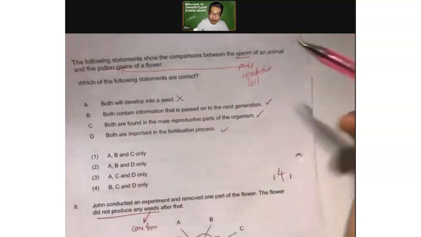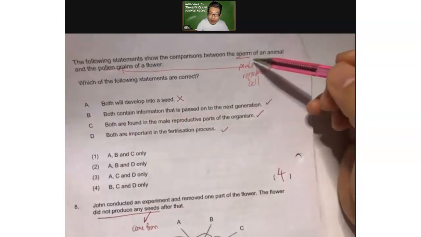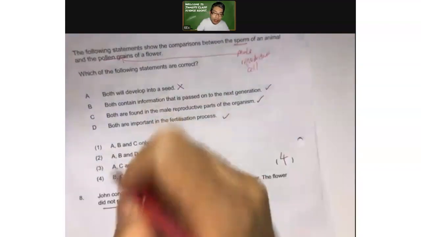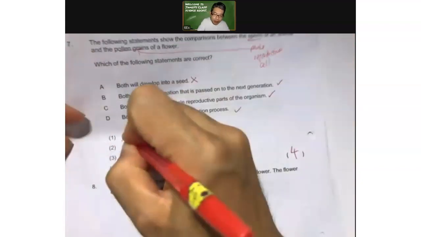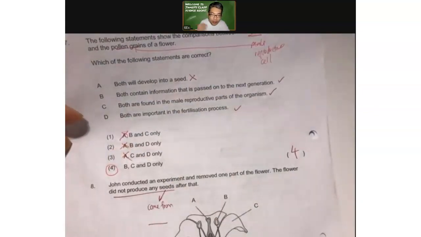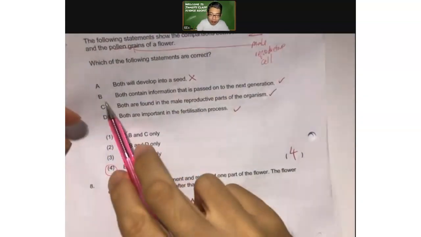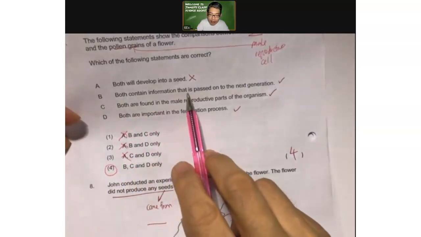Both becomes a seed. No. For animal, the sperm does not become a seed, so A is wrong. If A is wrong, you already got the answer. Answer is 4. But just to understand it better, B, both contain information that is passed down to the next